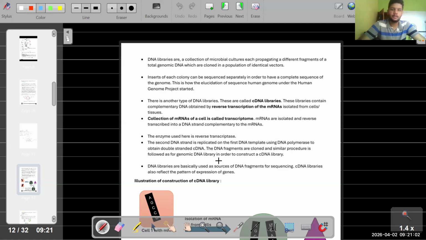Now a few minutes ago we completed the genomic DNA library. This is a common definition for DNA libraries. DNA libraries are collections of microbial cultures, each propagating a different fragment of total genomic DNA, which are cloned in a population of identical vectors. Collection of microbial cultures. Microbial cultures means